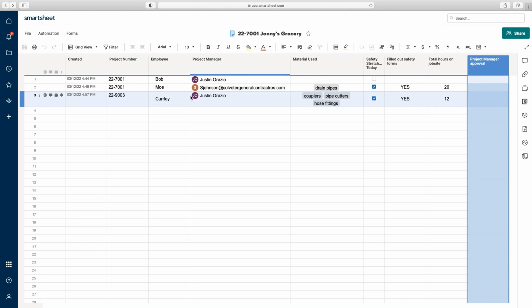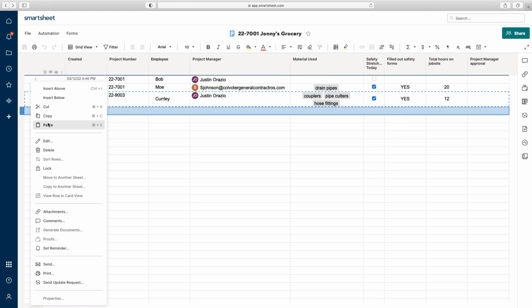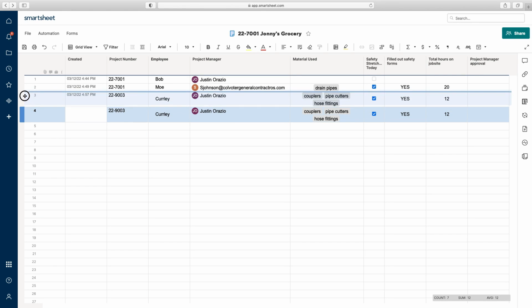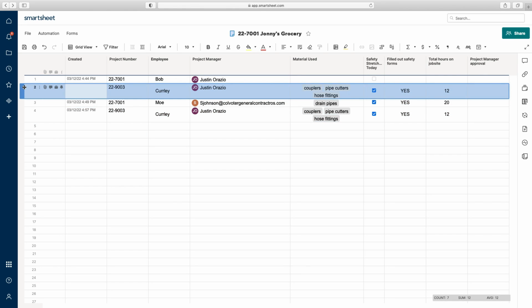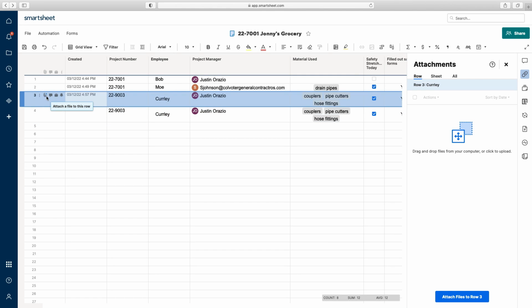And instead of resubmitting a whole new form again, I'm just going to copy and paste it in. And you can do that by choosing the row on the left here. You can actually move rows around wherever you want. You can highlight a bunch of them, copy them. And this is what I was mentioning earlier. So what's cool is you can actually add pictures, documents, Excel sheets, PDFs, whatever you want,